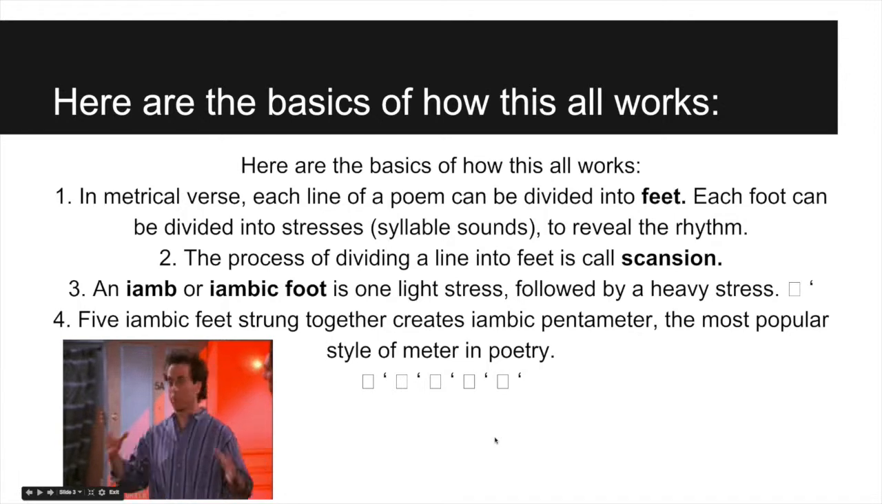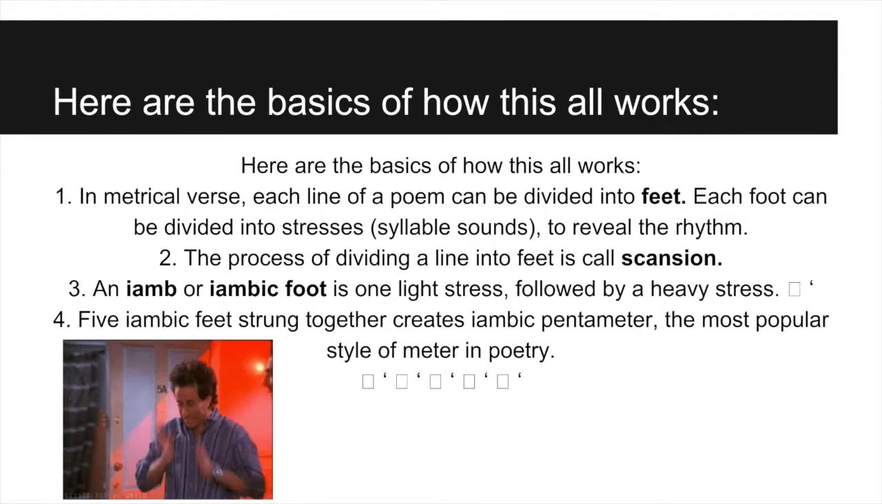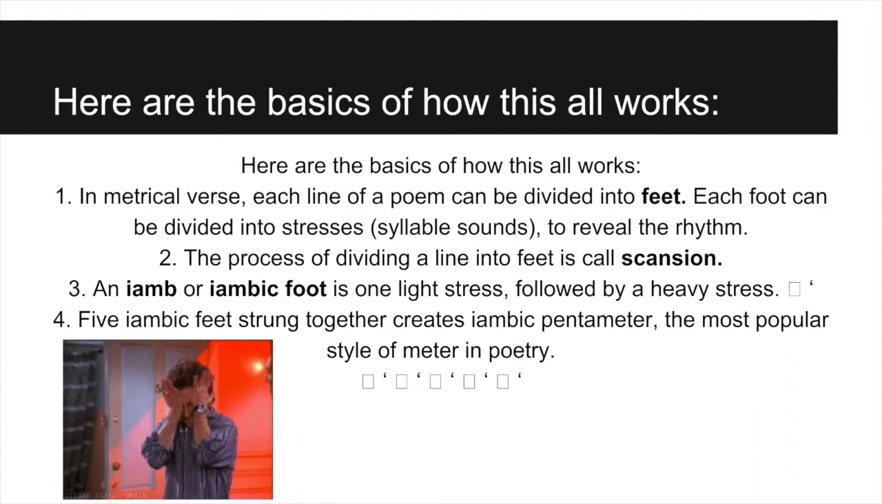Here are the basics of how this works. In metrical verse, each line of a poem can be divided into feet. Each foot can be divided into stresses. So a foot is like 2 syllables, and each syllable can have different stresses that reveal a rhythm. The process of dividing a line into feet is called scansion. That's if you took down a poem and you figured out which syllable is which, and if it's stressed or unstressed. An iamb, or an iambic foot, is one light stress,